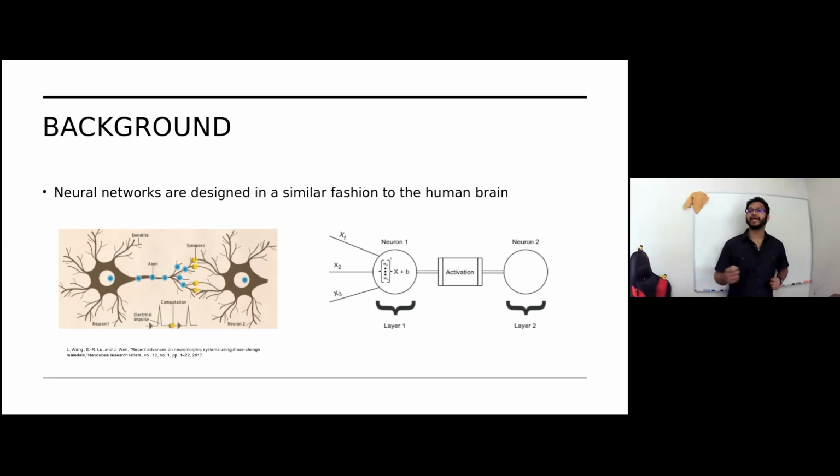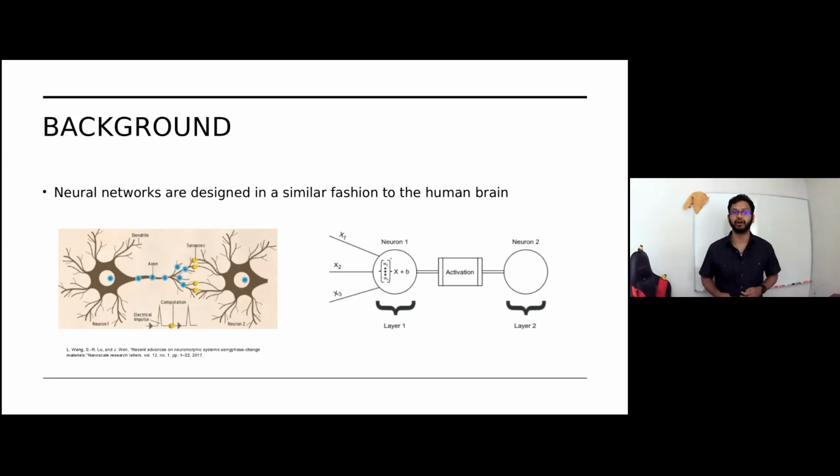Similarly, when we look at neural networks, you have on the right-hand side a whole bunch of different inputs, X1, X2, and X3, all being shoved into a given neuron. From there, you can decide whether or not that neuron is on via some activation function, and it'll pass that information on.